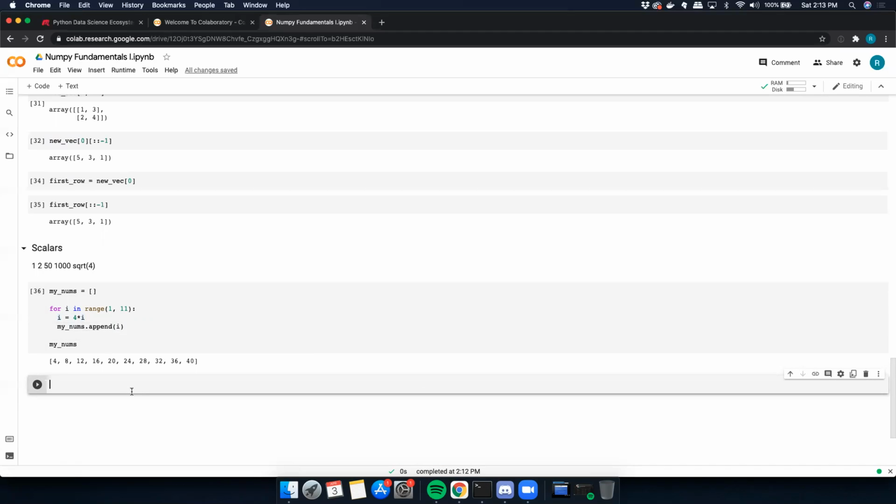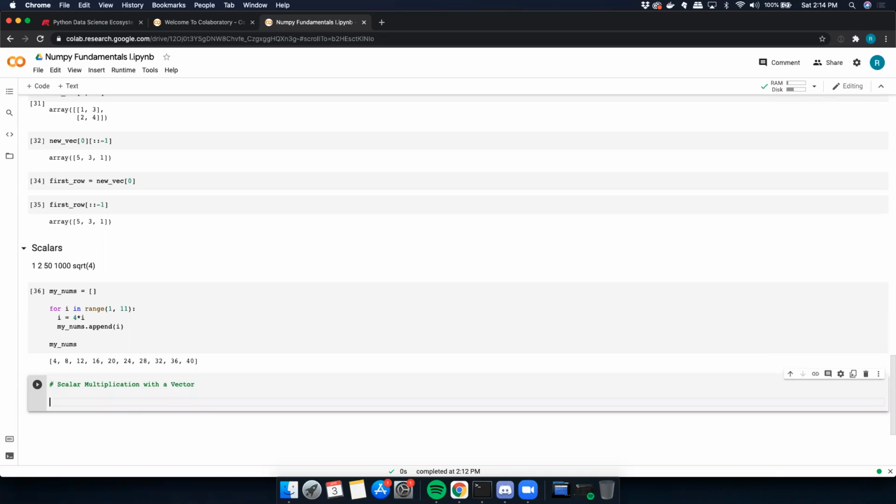But with NumPy, all of a sudden this problem disappears. All you need to do is create a NumPy array that has the numbers 1 through 10, and you can literally just do a simple arithmetic where you just say 4 asterisk and whatever that array is, and that's it. So let me show you that. So if you were to say scalar multiplication with a vector,